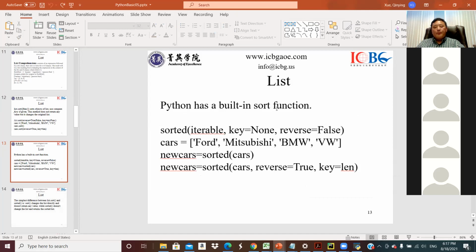Python has a built-in sort function. This function is called sorted. It takes in one required argument. It is an iterable. You may not know what an iterable is, but actually a list is an iterable, and a string is also an iterable. So anything you can loop through, you can traverse over, is an iterable object. So if you use the built-in sorted function, you just provide an iterable object to it,